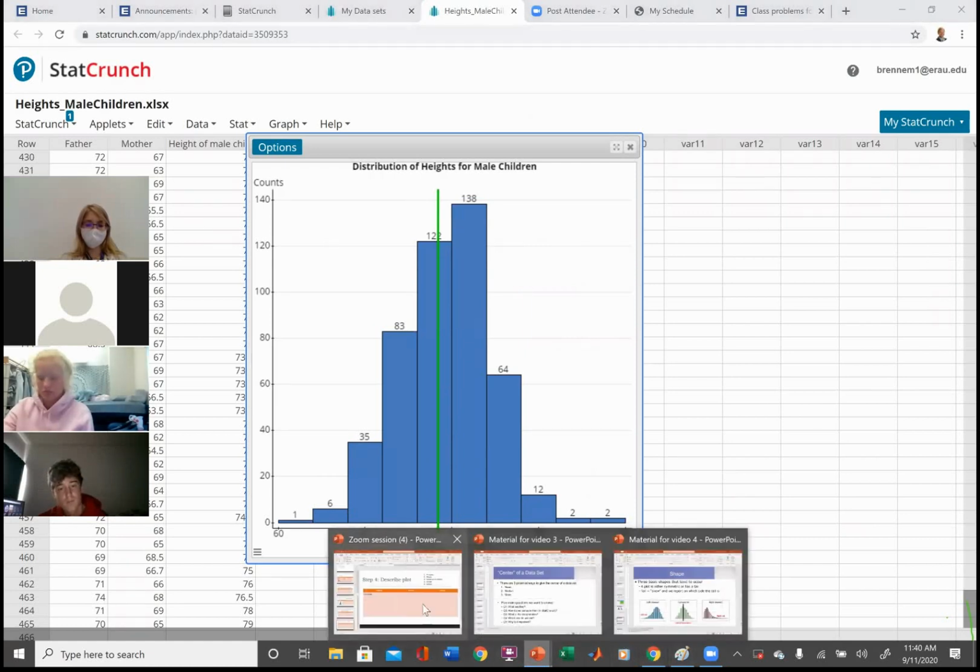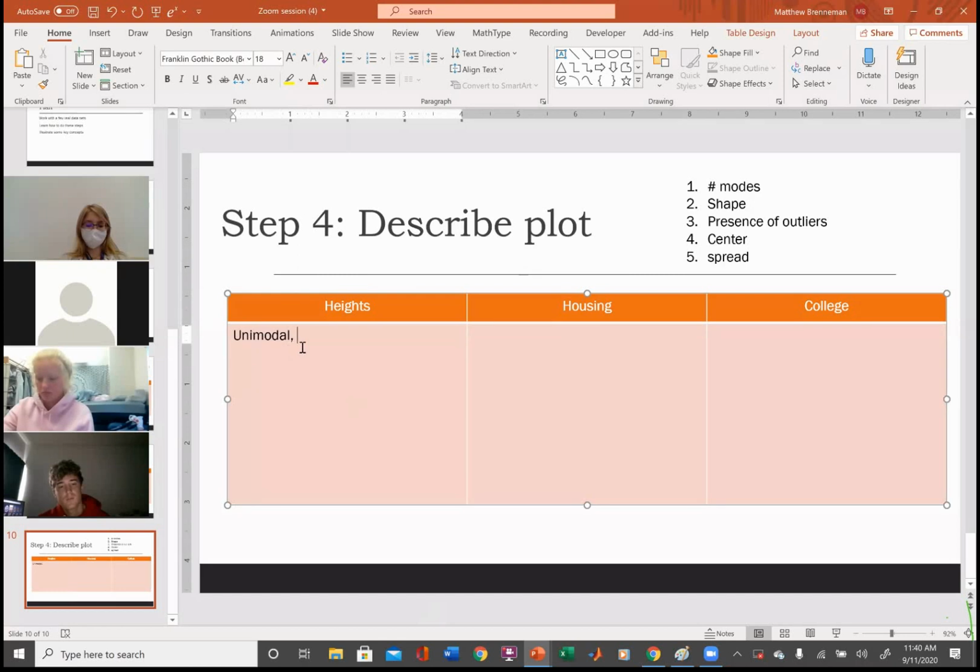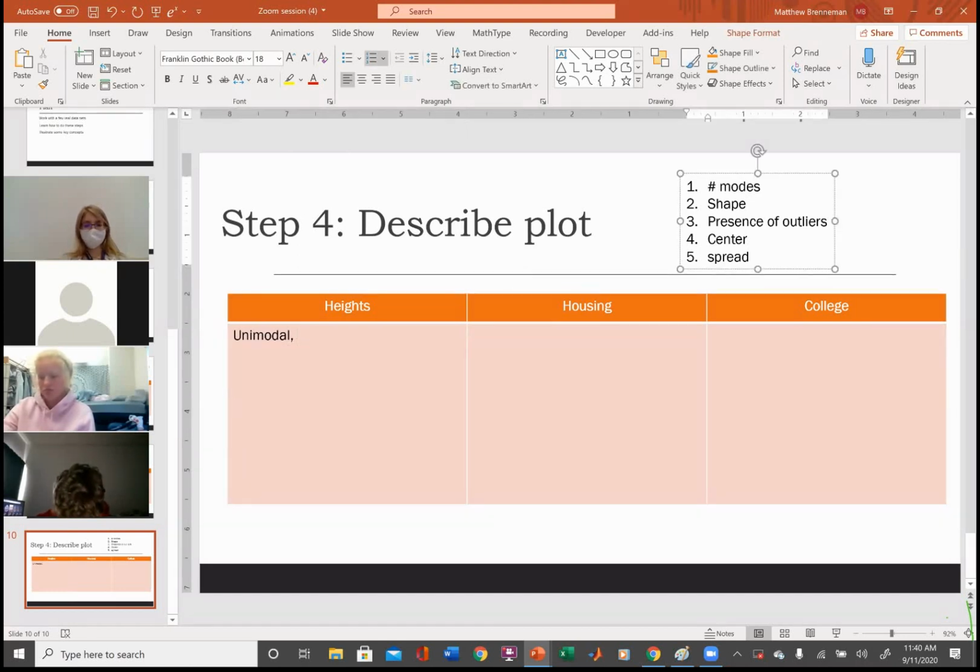So I'm going to go back to my handout here. So when we're looking at shape, okay, we can look at two things. We can look at if the mean is equal to the median, or we can look at the box plot. And this is where the box plot is actually useful. It's good in telling us if our data set is symmetric. This is usually a really good way of telling.